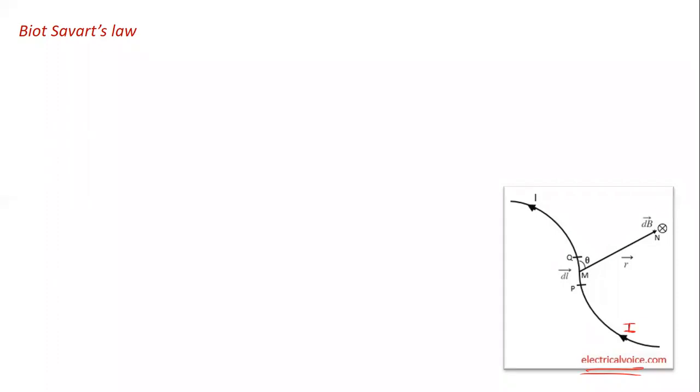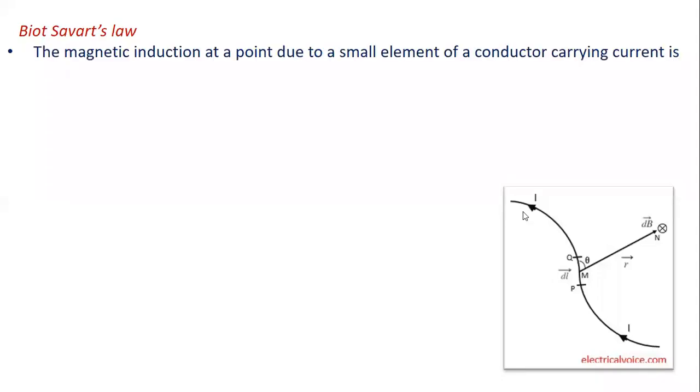Now, this is the point P, which is at a distance r from a smaller length of this conductor. It's a length element, if we consider dl. And from that length element, this point is at a distance r. Then at point P, how much is the magnetic field, that we can find out by using the Biot-Savart law. The magnetic induction at a point due to a small element of a current carrying conductor is,